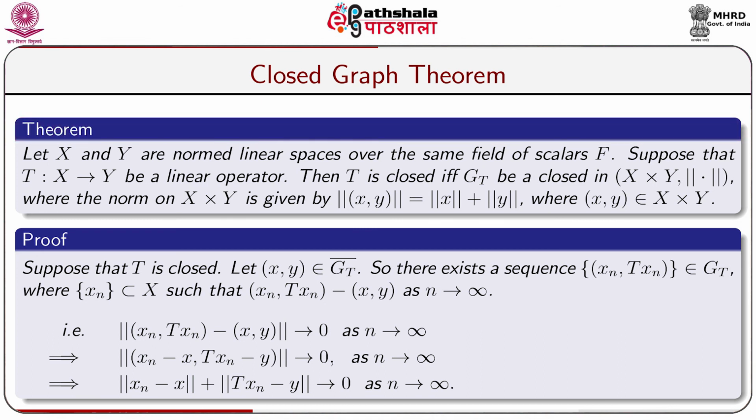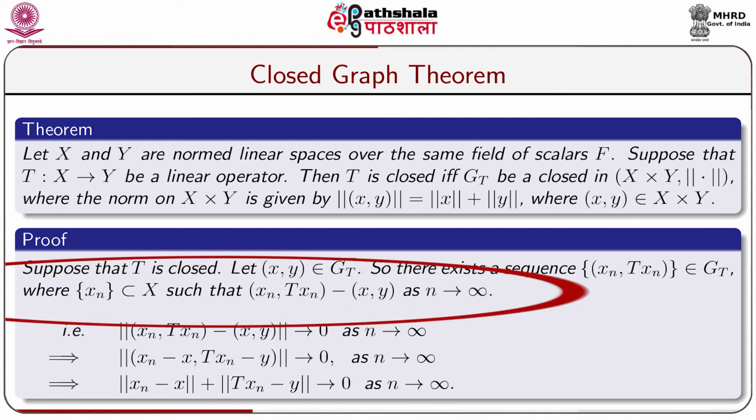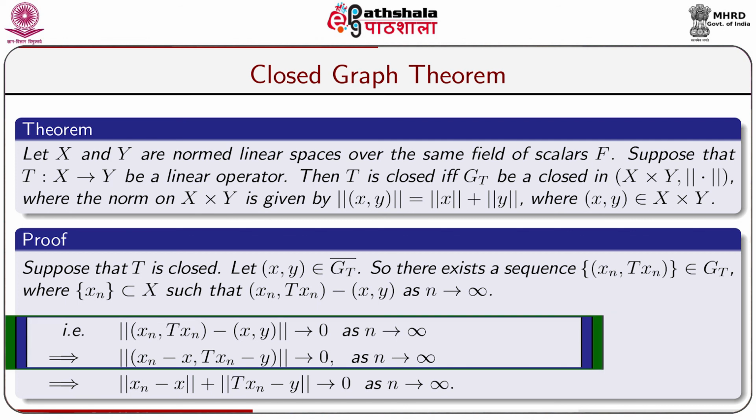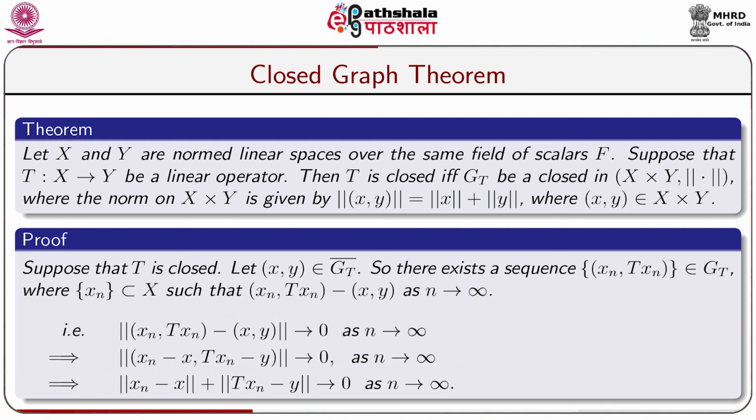Let (x, y) belong to Gt bar. So, there exists a sequence pair (xn, Txn) belonging to Gt, where the sequence xn is an element of X such that the pair (xn, Txn) goes to (x, y) as n tends to infinity, that is, the norm of the pair (xn, Txn) minus the pair (x, y) goes to 0 as n tends to infinity, which implies that the norm of (xn minus x, Txn minus y) goes to 0 as n tends to infinity, which again implies that the norm of xn